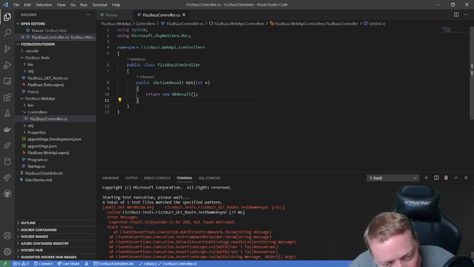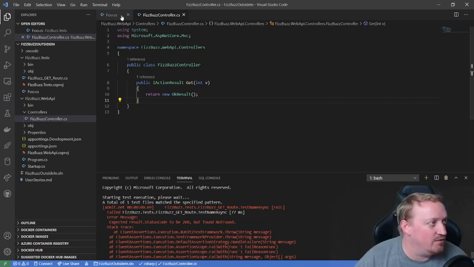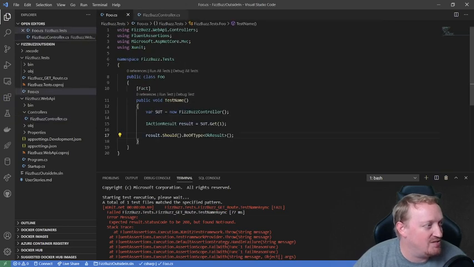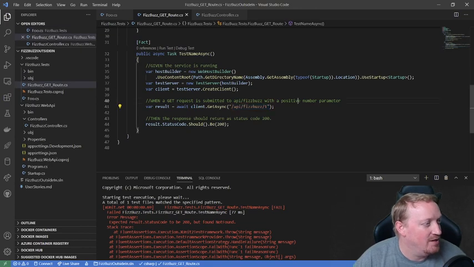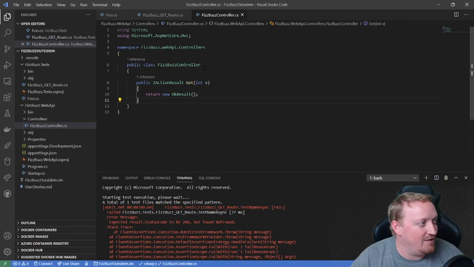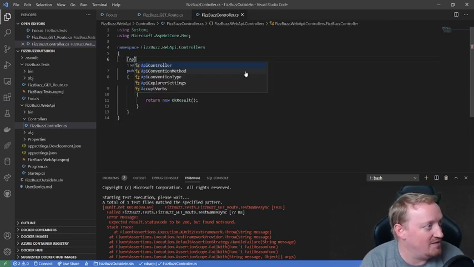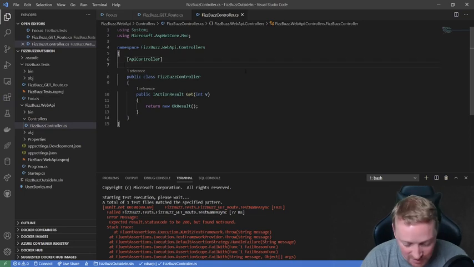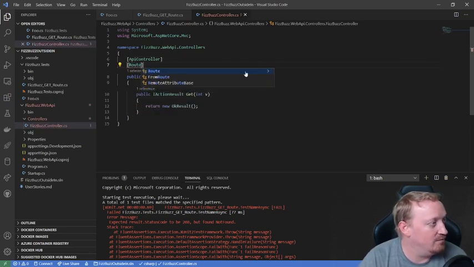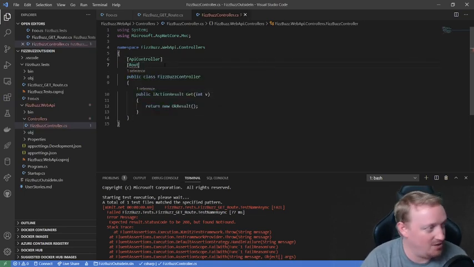The problem that we have at this stage is no longer that the controller is not built, but rather that the routing of this test back here for our get route, this routing is still not applying. So I've still got to go and fix that on this test. I've got to say it's an API controller and it's got the route. Let's go ahead and make this actually